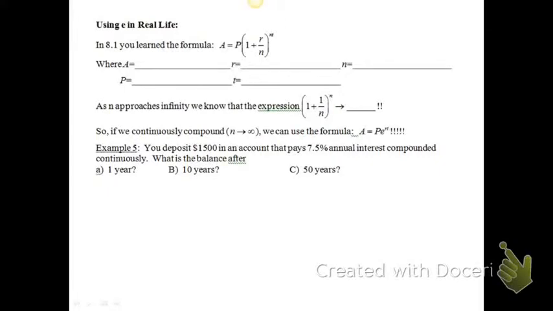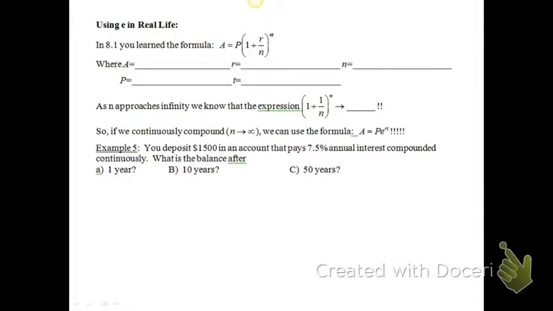In this video, we're going to learn how to apply e in some real-life situations. To begin with, we're going to use the natural base to help us do some more investment problems. In section 8.1, we use the investment formula A equals P times (1 plus r over n) to the